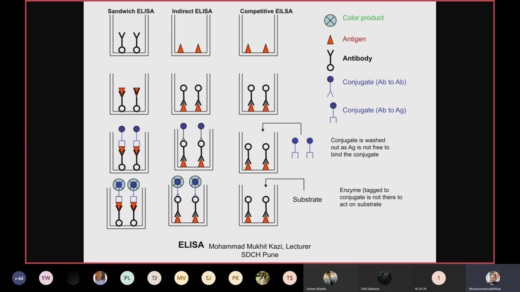I will explain the indirect ELISA test in the middle. You can see the wells are coated with the antigen. What is the coating? You simply prepare a solution of antigen in skimmed milk. I will show you the ELISA plate today in the college when I reach at 11 o'clock, when we will discuss these tests in detail in the practical discussion.